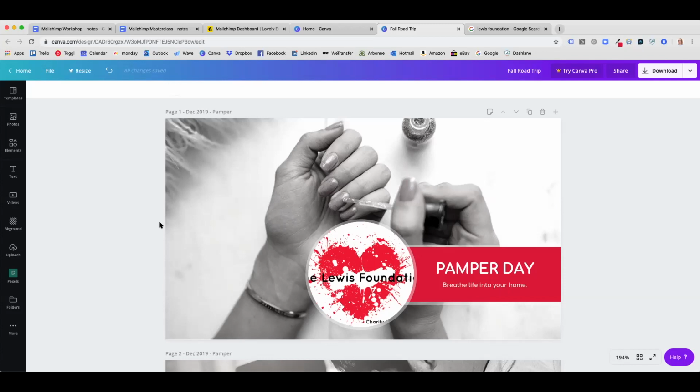Can you save these on here? It's automatically saved. Okay. Don't forget to name your document. How do you give it a name? So I'll show you up here. It's picking up on the name of one of the templates, I think. So if I put Lewis Foundation, gluten-free Foundation blogs,